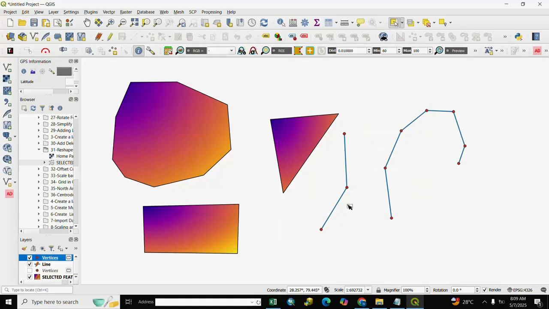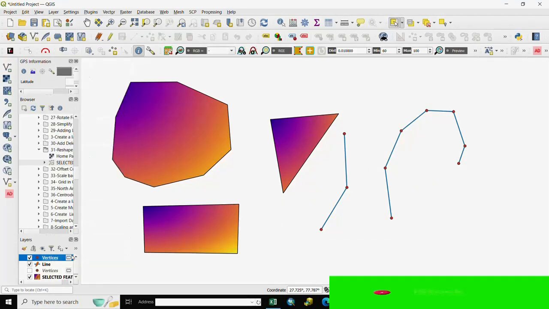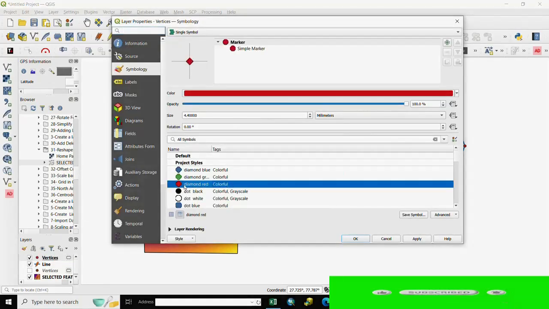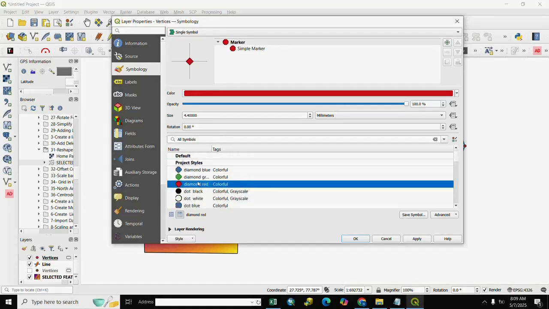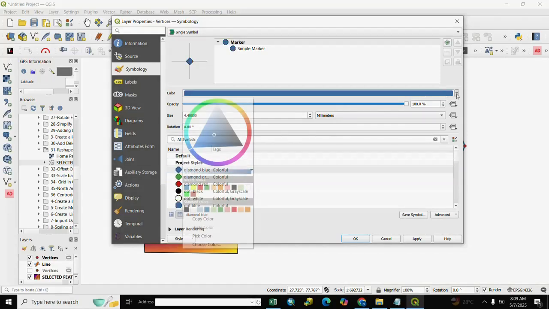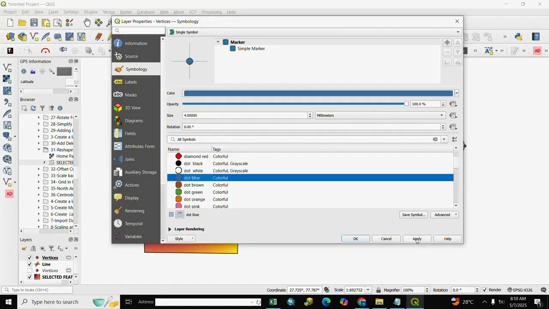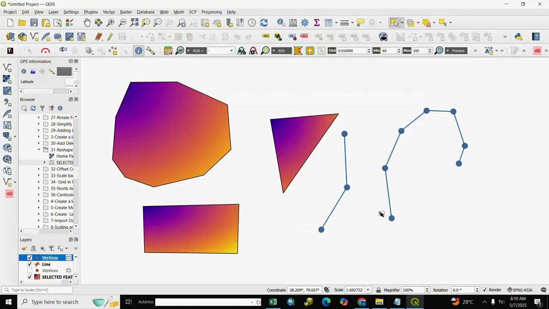And if you want to change color, you go to point property, right click, go to property and you select here point as per your choice, and color as per your choice, and we OK, apply and OK. Here is our point symbology and we successfully created extracting vertex in polygon and line feature.